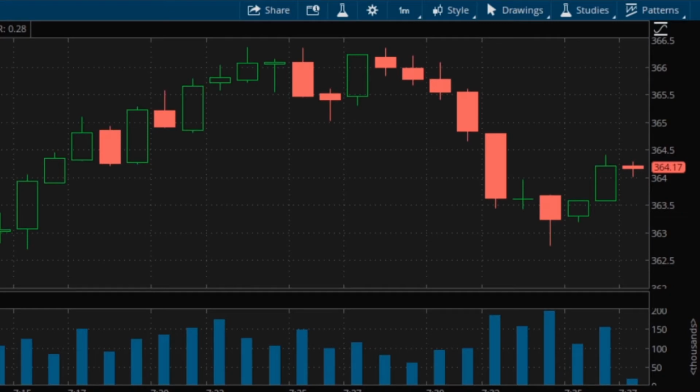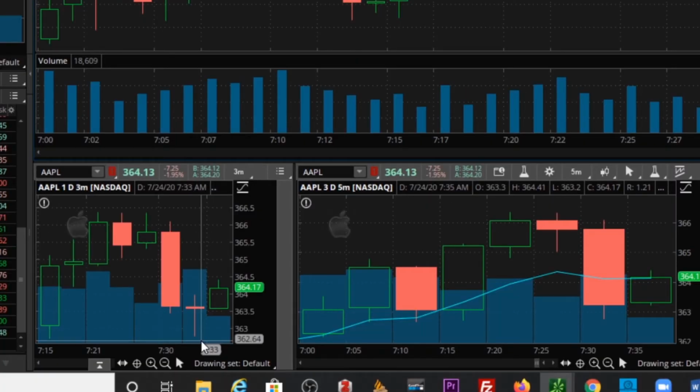Also, I've got that 1 minute across the top, and I don't trade on the 1 minute. I just use that as a reference to where things are starting to go. If I start to see patterns, I'll look at candles together and start consolidating and combining them to see, like, 3 candles. Okay, that's like a 3 minute. Then I'll put my attention down on the 3 minute chart, and if it looks good, then I'm going to get in. I'll usually trade on the 3 and the 5,